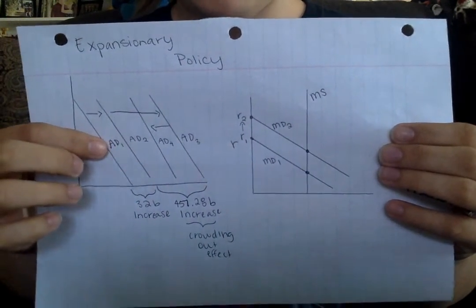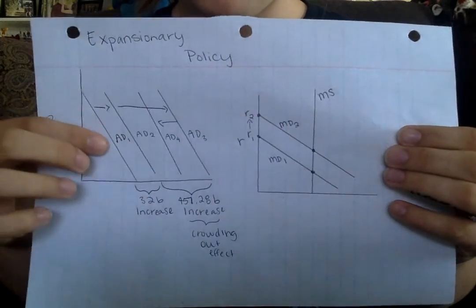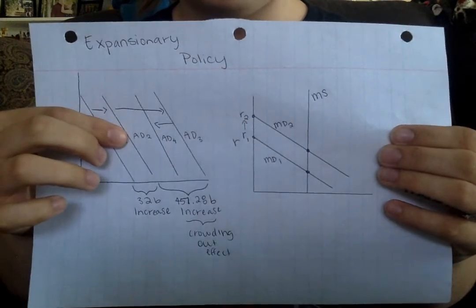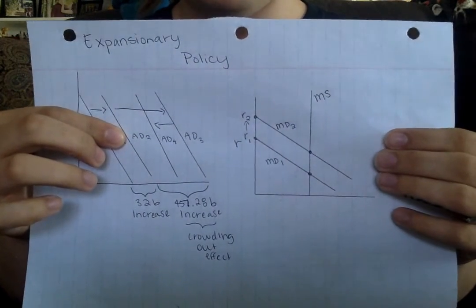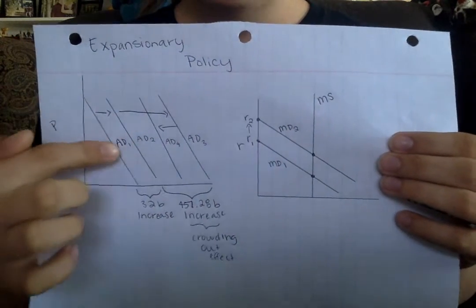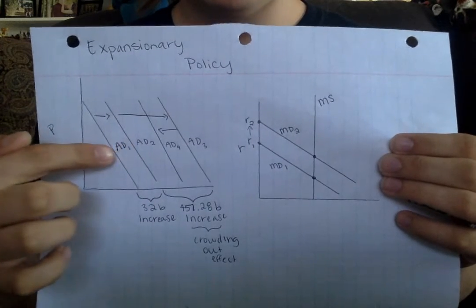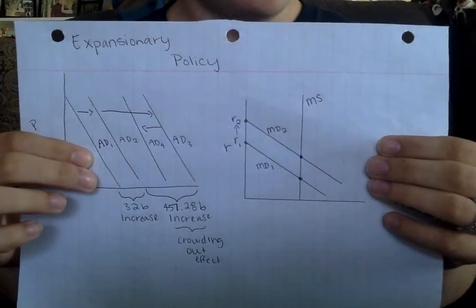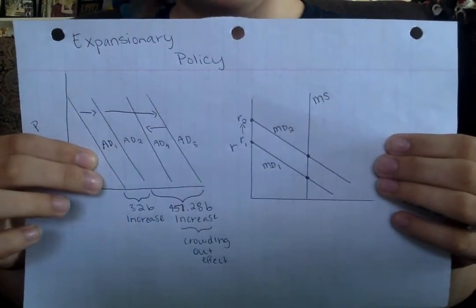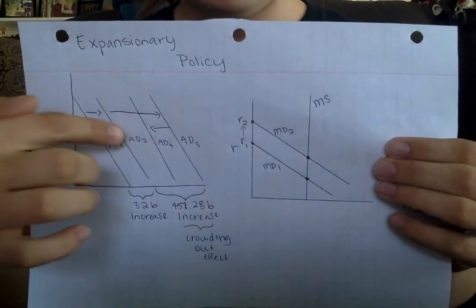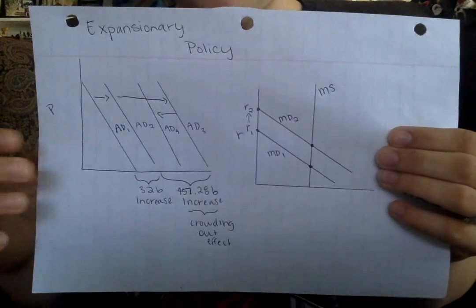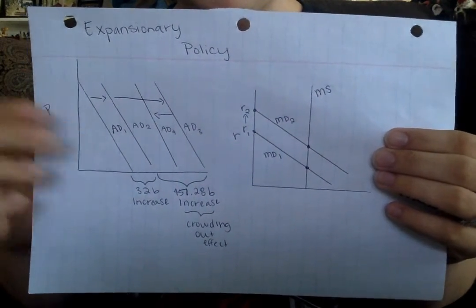Aggregate demand 1 line is right here. This is where it's going to start, and it's going to go from aggregate demand 1 to aggregate demand 2 by about $32 billion. Because of the money multiplier, now we have our MPC at 0.93, so that puts our money multiplier at 14.29. So that's going to cause another jump to aggregate demand 3, and that's going to be about $457 billion in